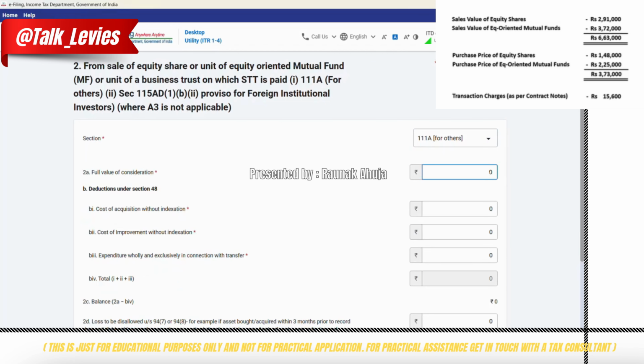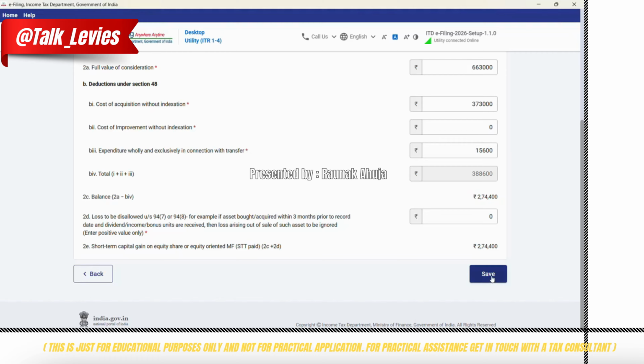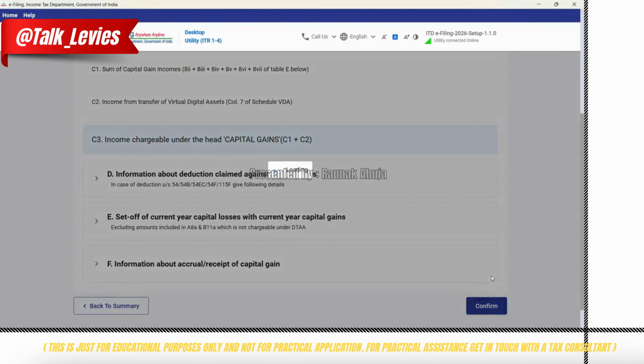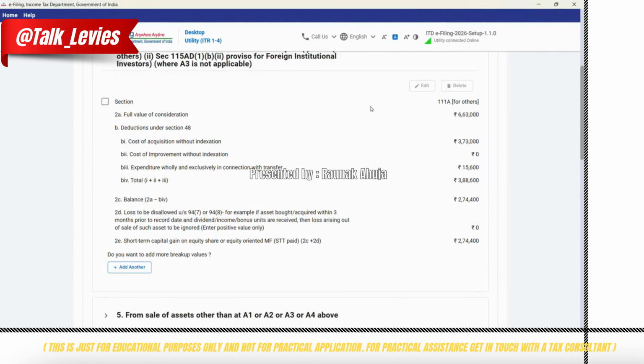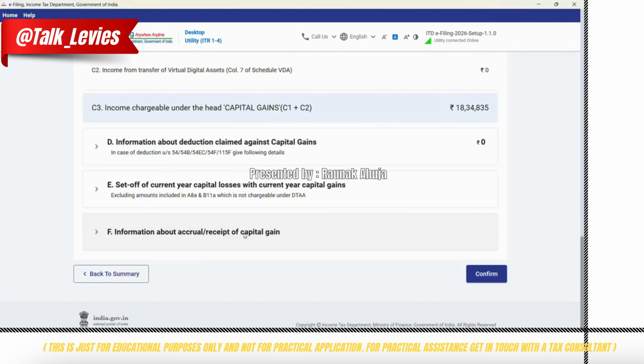Enter the sales value. Enter the purchase price. And then the transaction cost. After this, click on Save. Once you fill the details here, scroll to the bottom, click on the F table, that is information about accrual of capital gain. Click on this